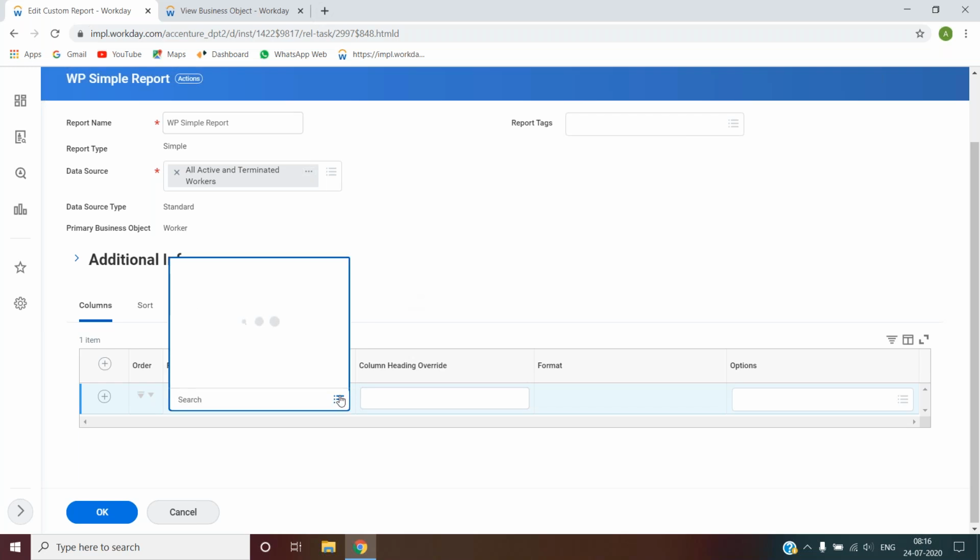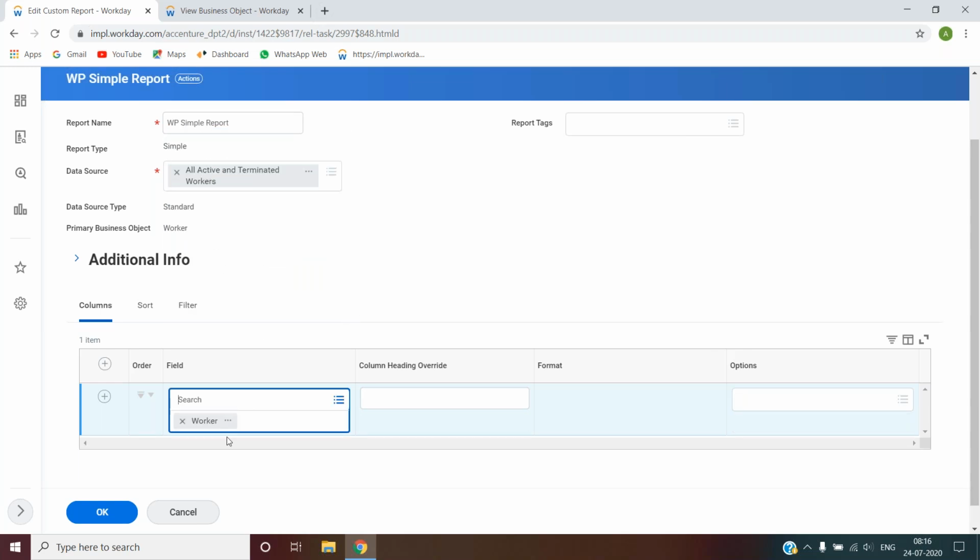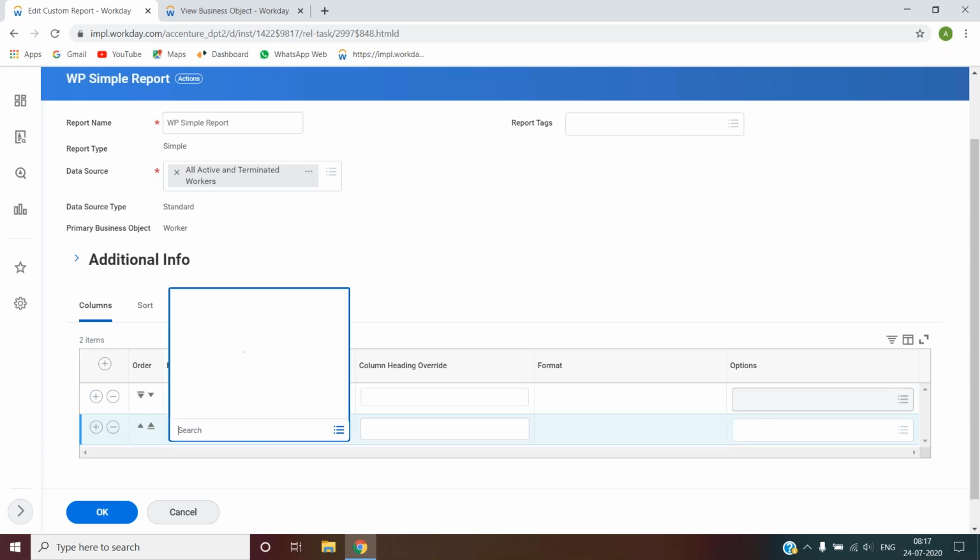So let's say the first field I wanted is worker. So you can see that particular instance, whether it is a single instance or multi-instance, based on the field that you notice. Let's say what is the worker's hire date. You can search your fields just by typing in here like this, or I'll show you. If you know the field names,